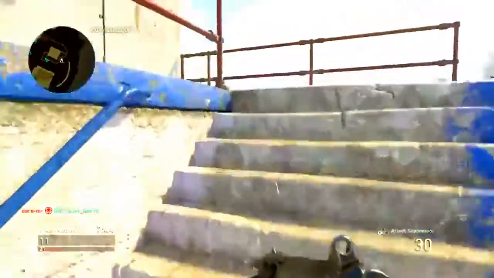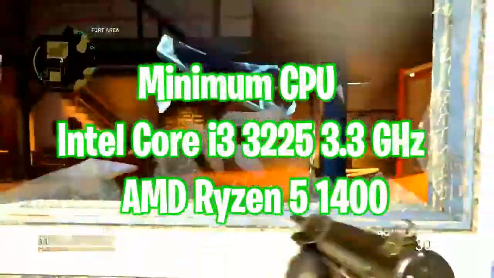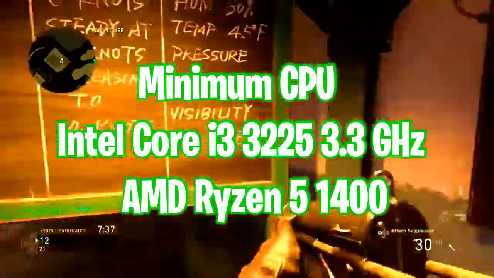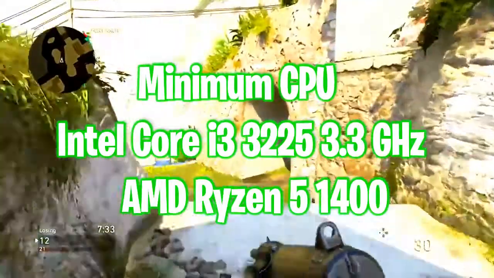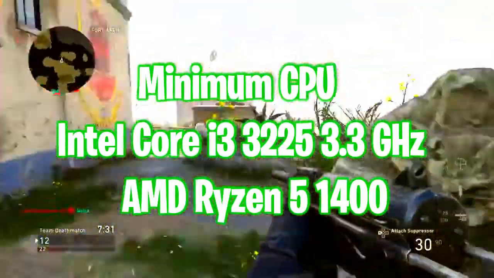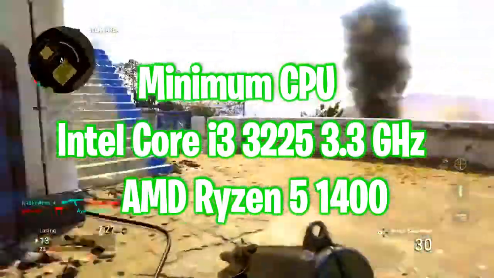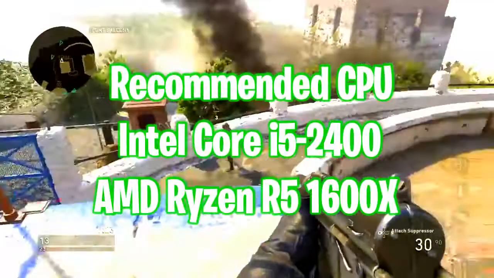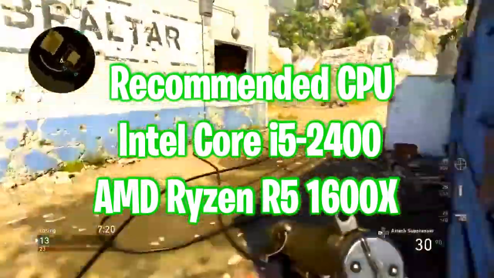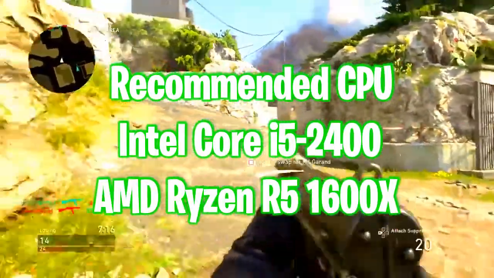Starting with the minimum CPU, you're looking at an Intel Core i3 3250 or the AMD Ryzen 5 1040. And I think the i3 3225 is a bit low end. I think it was around 2013, 2014. I'm not sure, I could be wrong though, but I think it's pretty much low end. If you go to the recommended CPUs, you're going all the way up to Intel Core i5 2400 or the AMD Ryzen R5